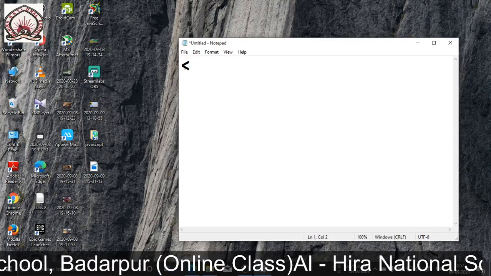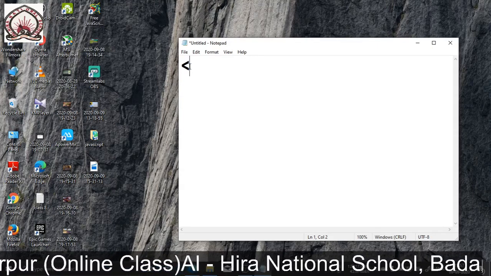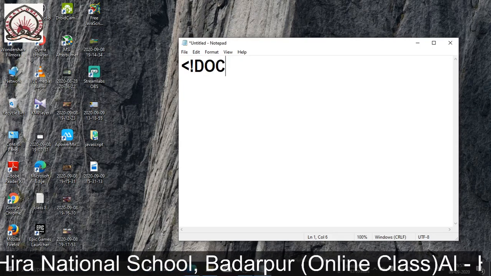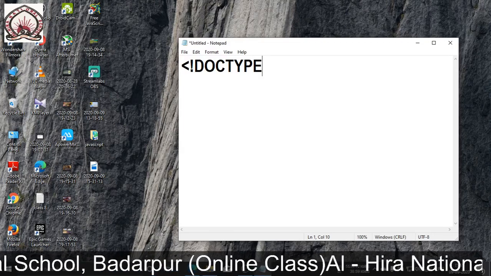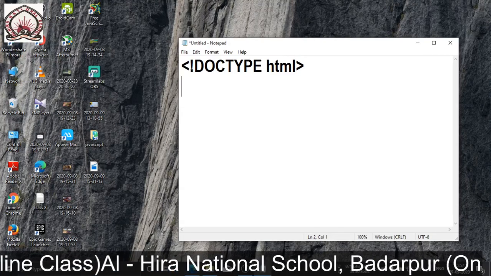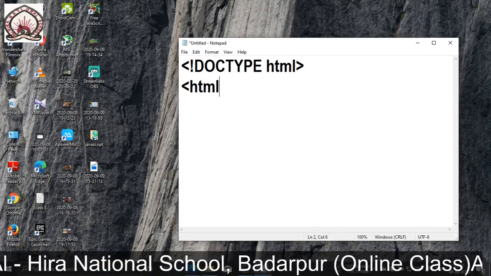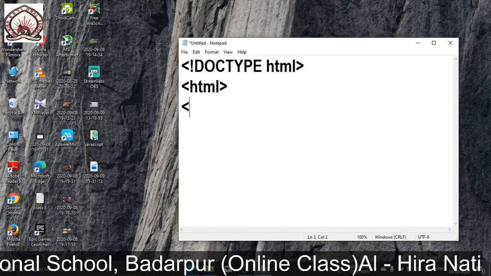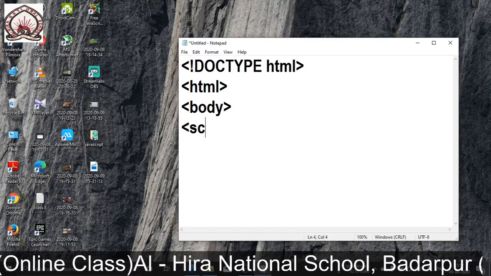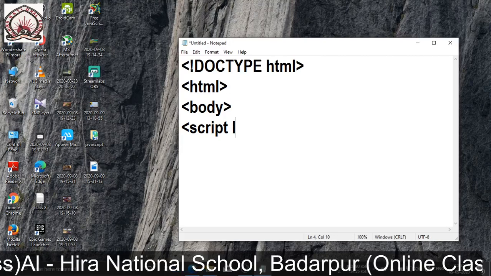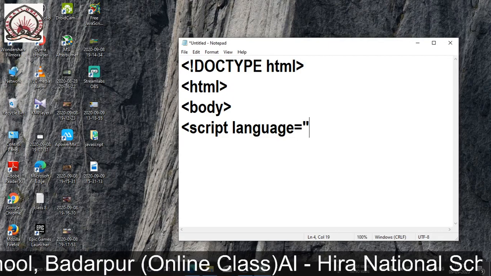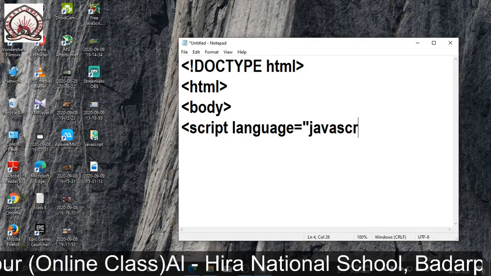This is a tag sign, opening, this less than sign, then sign of exclamation, doctype HTML, okay, then html, then it is body, then script language is equal to, within double quotes we should write JavaScript.